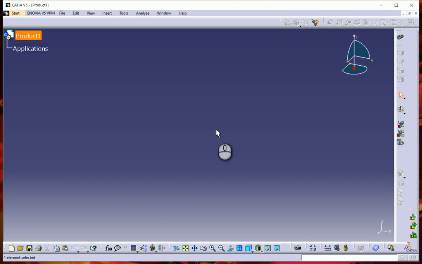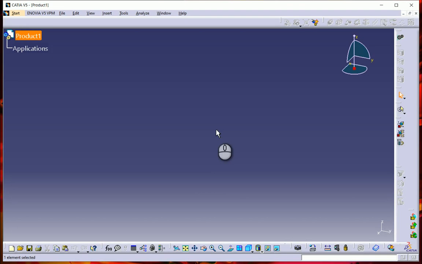So every V5 will have a similar kind of toolbars, but the newer one will have certain advanced features which are not there. A very latest revision will always be the one which has more tools, right, which helps us in the design and development of a particular product. So that is what it is.